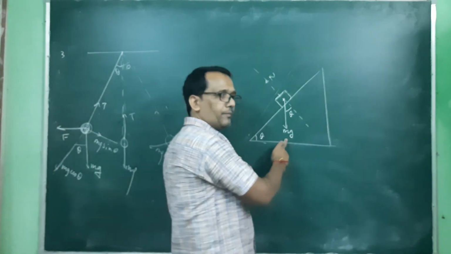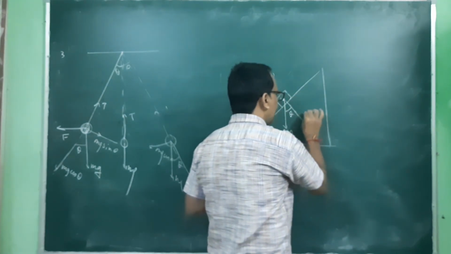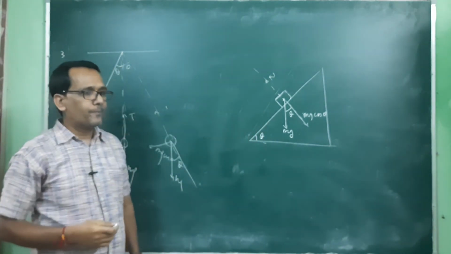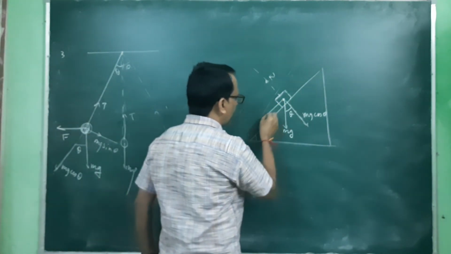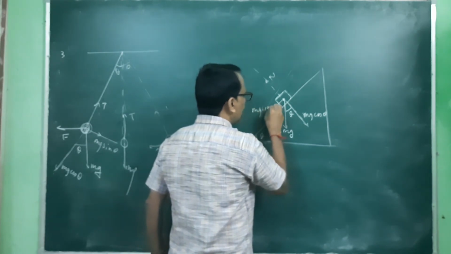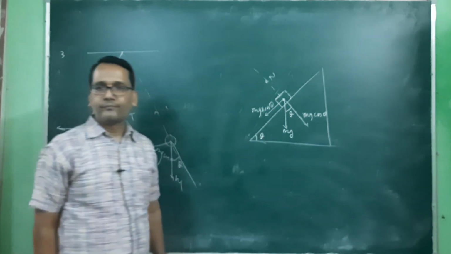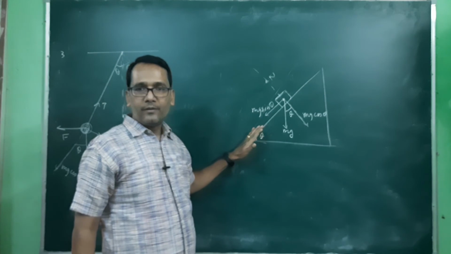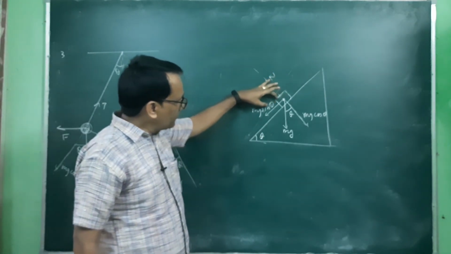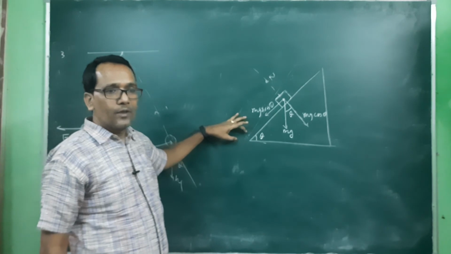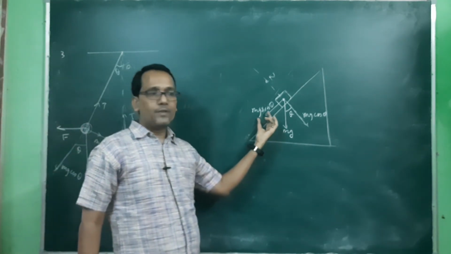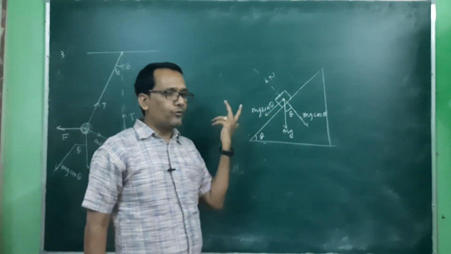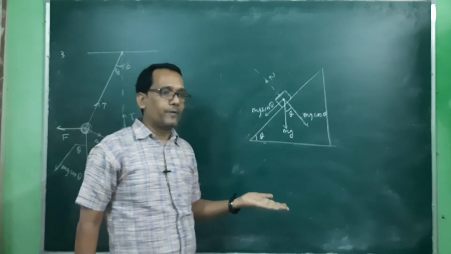So we can take the components of this mg. Toward this, the mg cos theta. In the direction of the angle it is mg cos theta, and in the perpendicular direction, in this direction, it is mg sin theta. So when a body is placed on an inclined plane, if there is no friction, then it starts moving, starts sliding, and this sliding is because of this mg sin theta. If the body is at rest and we know the total path, we can calculate using the equation of motion.